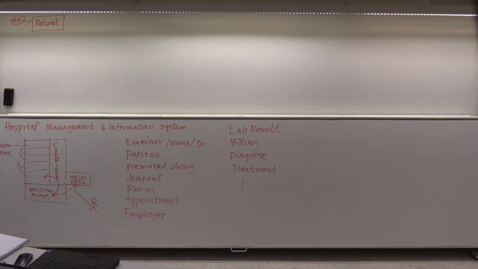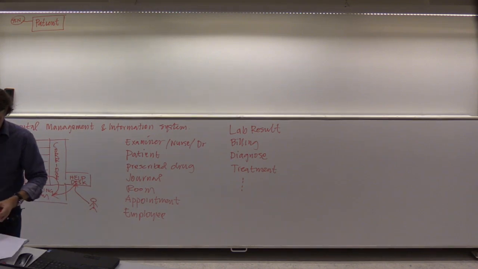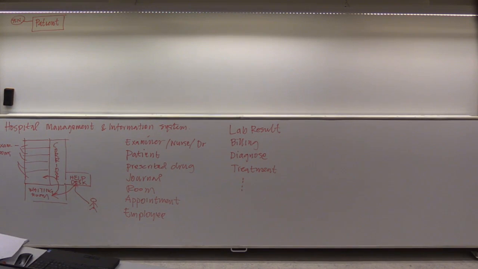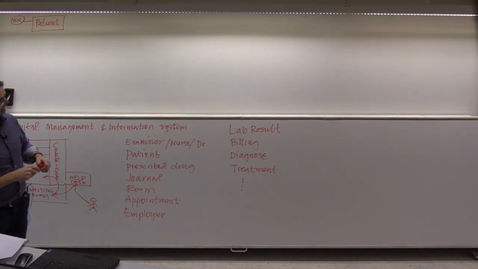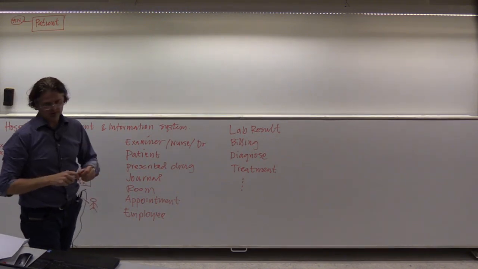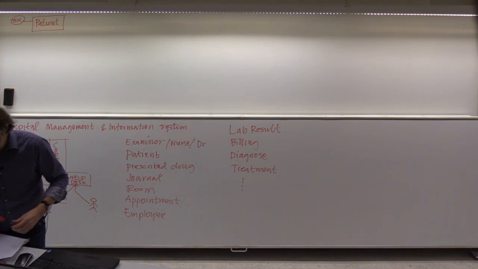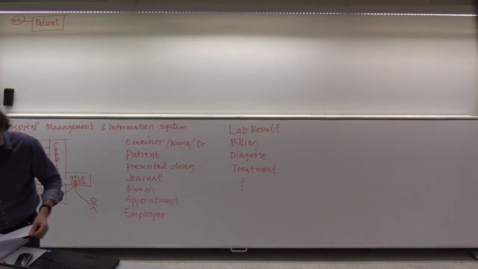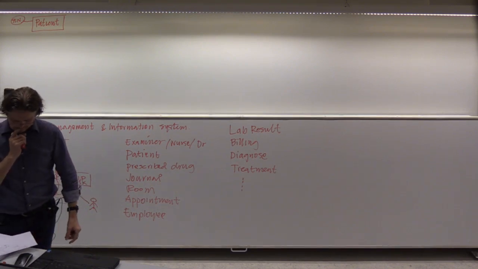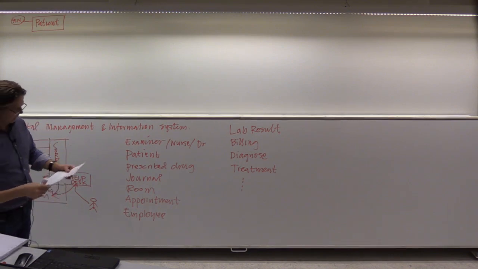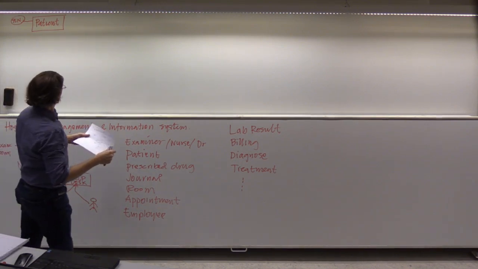Those attributes are supposed to have a circle around them. I think I might skip that circle in a while due to the neatness of the whiteboard, to save space when I'm drawing things here. So just be careful of that. And that patient